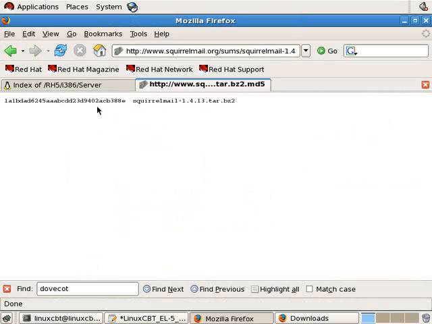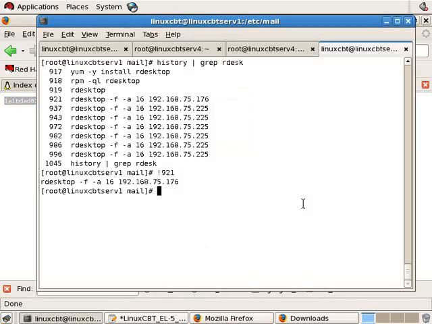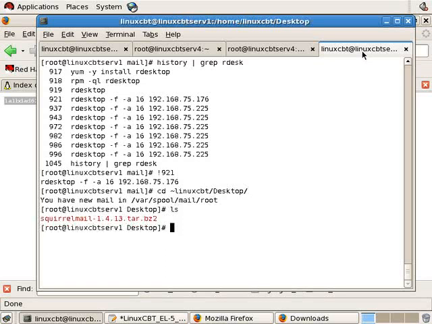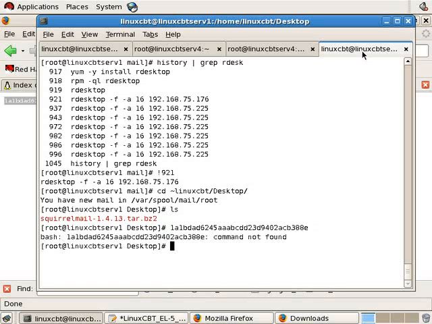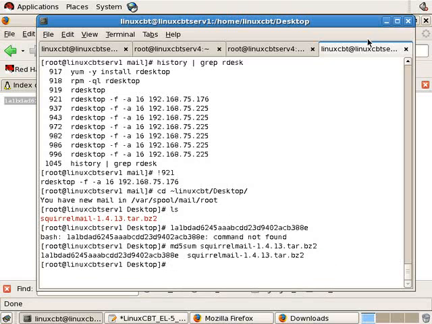So with that said, here's the MD5 sum. We'll paste this to the shell so we can see it. And let's just find the desktop for the Linux CBT user who we're currently logged in as. And there's the file. So here's the MD5 sum we copied from the site. By executing md5sum followed by the name of the file, Squirrel Mail, it should return the same string, beginning with 1A, terminating with 88E. And indeed, it's the same string